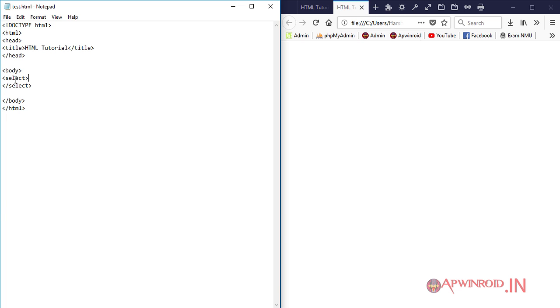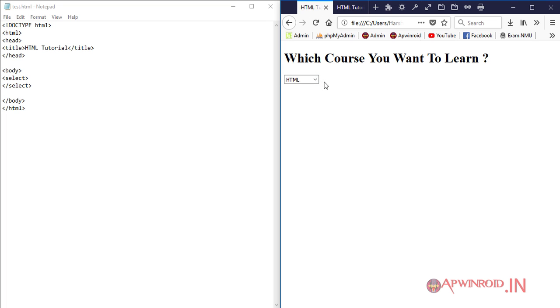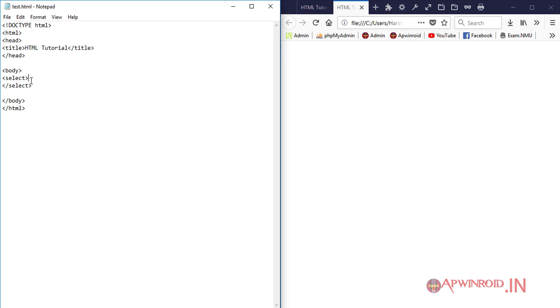This select tag contains our data. For the data elements we have to use the option tag, which contains values